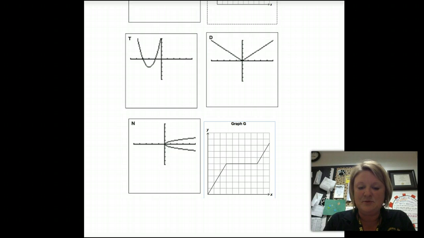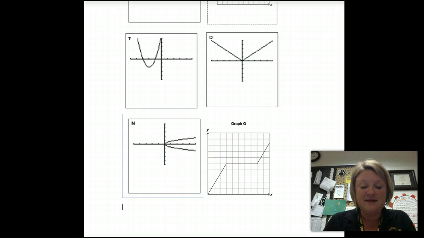G is an example of a piecewise function. This is kind of like saying that you started off running to school, then you stopped at the stop sign. Once cars had passed, then you started running back to school, where time would be your X and distance would be your Y. This is called a piecewise function because it's made up of pieces of linear graphs.